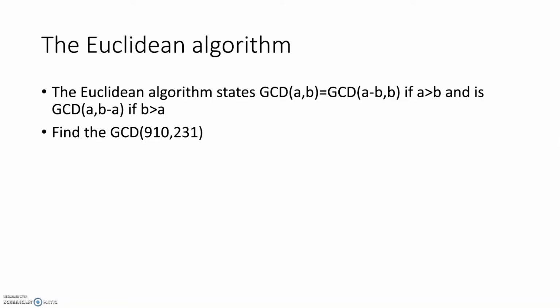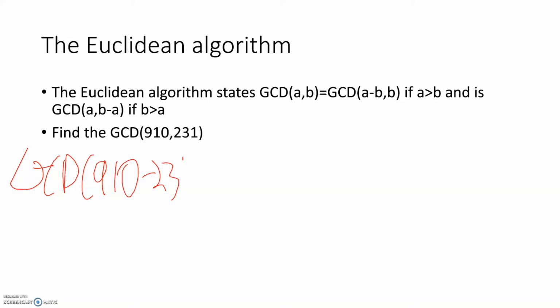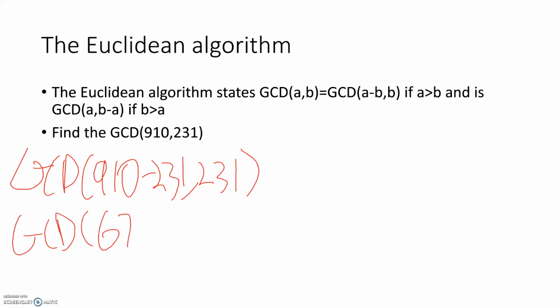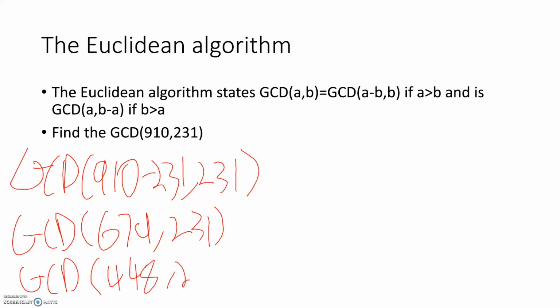So the GCD of 910 and 231 can be expressed as the GCD of 910 minus 231 and 231. This is equal to the GCD of 679 and 231. We'll repeat this process and we get the GCD of 448 and 231, and we'll do it again and we get the GCD of